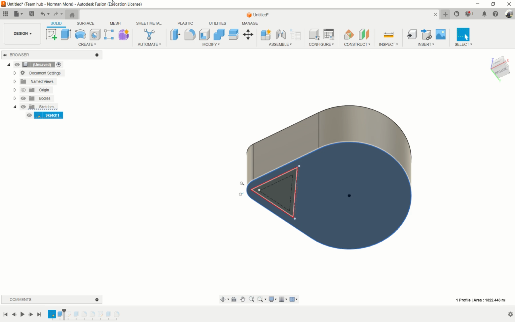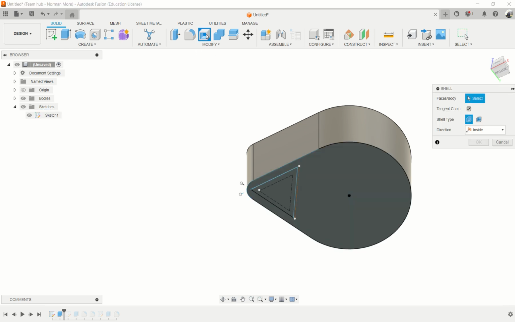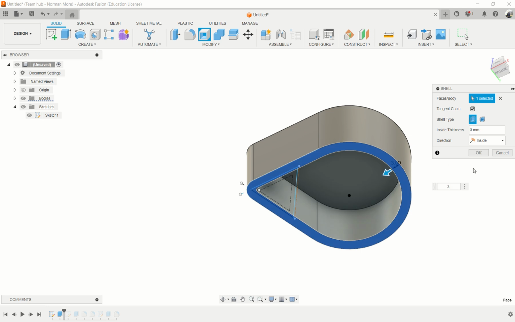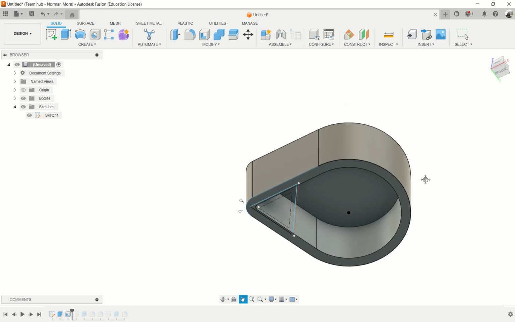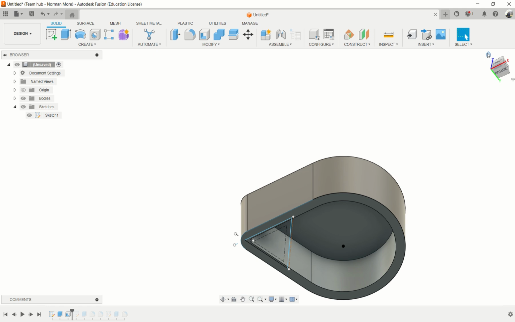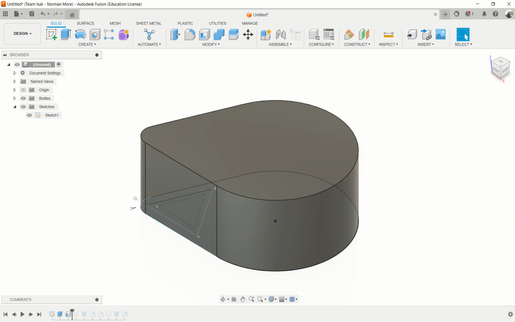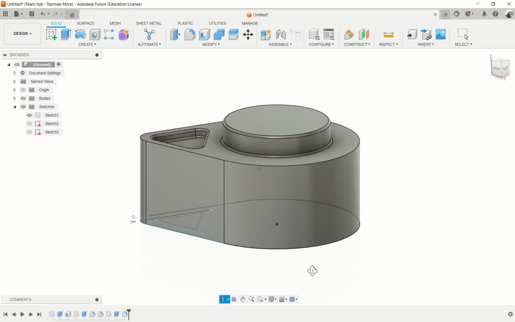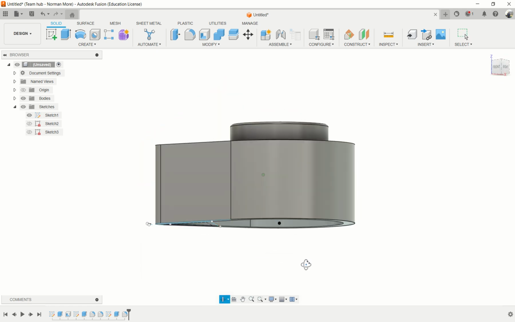Then I'll shell this one. Put the shell. I shell that side with a thickness of 3 millimeters. I say OK. Now if I pull back this one, you should be able to sort out everything. But it should be hollow inside there. So you can see that's a good way of making a correction